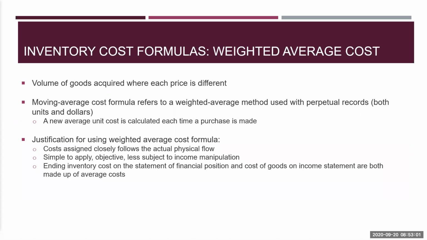The other alternative is your weighted average cost. With weighted average cost and first in, first out, these two methods can be used for homogeneous products where they can be used interchangeably. What we do here is, every time the company purchases new inventory, we calculate the new average cost. When the items are sold, we use the last average cost that was calculated